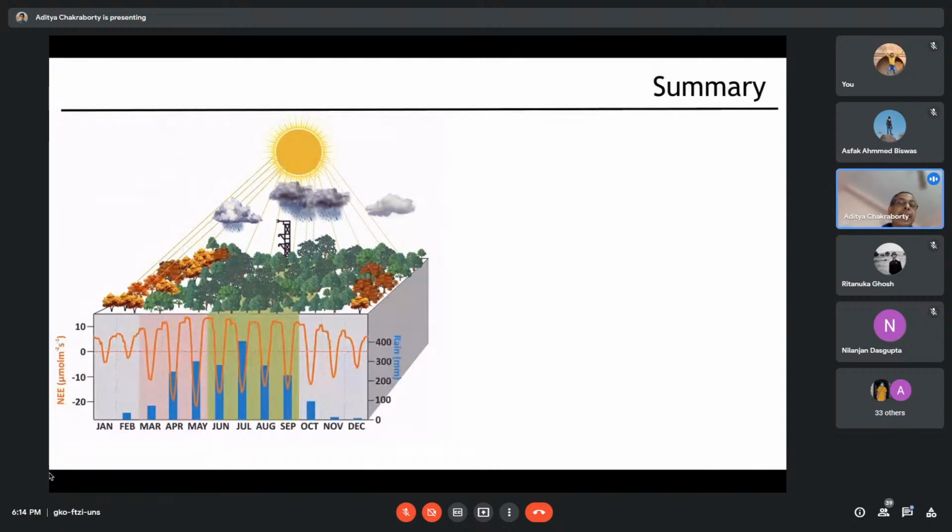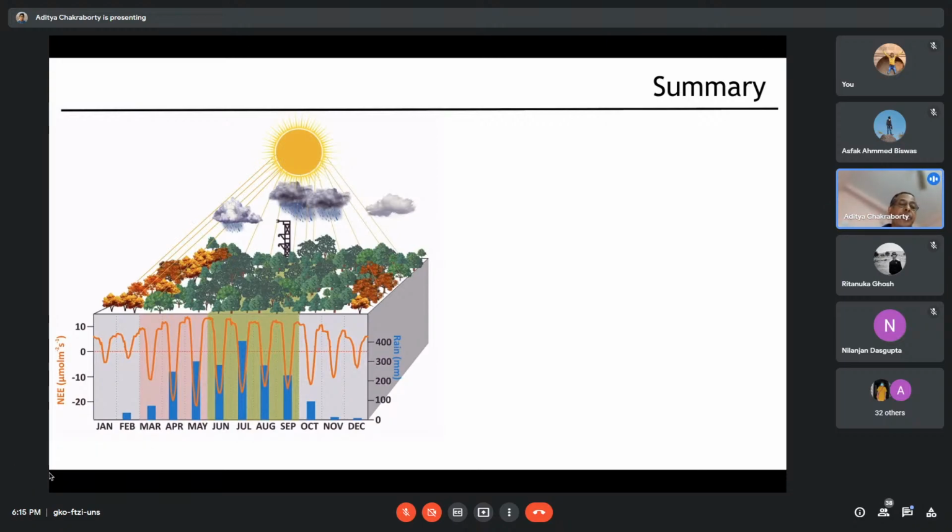So this across the x-axis shows the time axis. For example, in January, February, and November, December, it is winter time, and during the winter time, the photosynthetic activity is much less, and generally the greenery is lost, so they become dry, which is shown schematically by this red or yellow color.